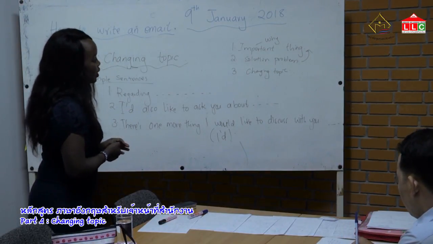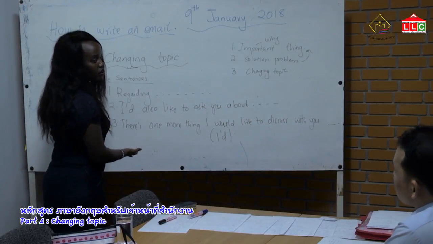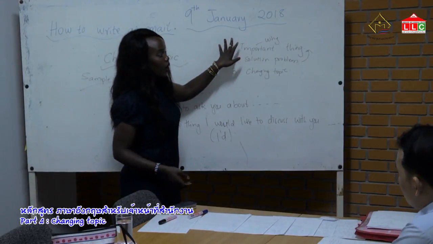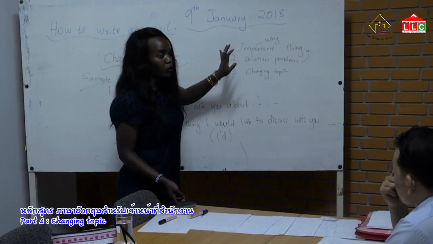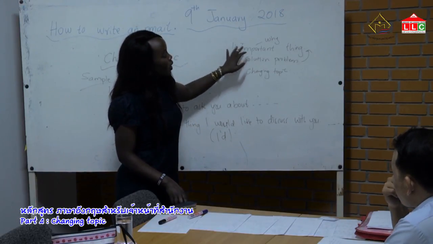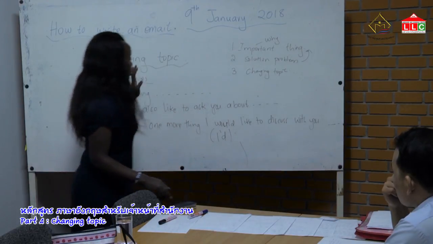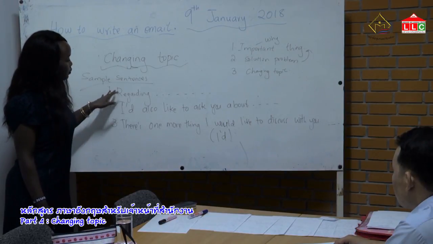Now, from this point, you have to introduce new points. With these three, you have to introduce them the same way you did here. You asked why, and then the solution. And when you write the solution of the problem, you ask questions like how many students will be there, and then why are you writing? I'm writing this, blah blah blah, right? The same way you have to do here. You have to put new points here too.